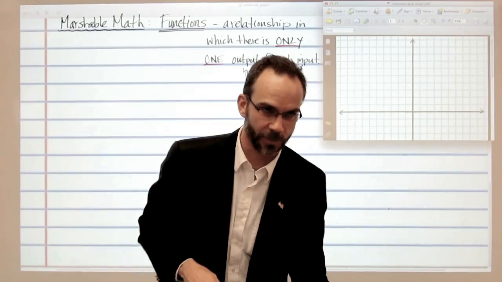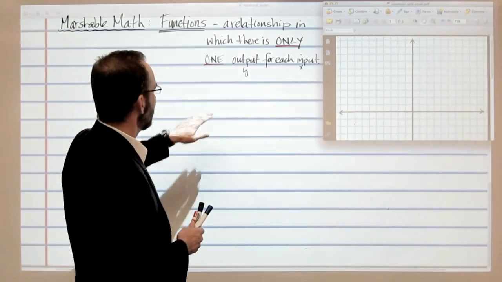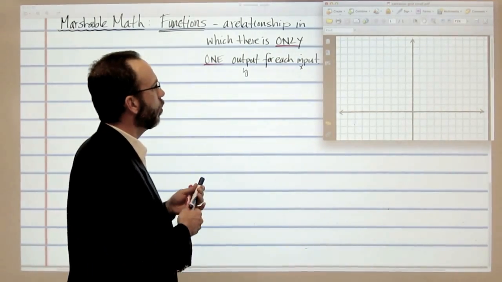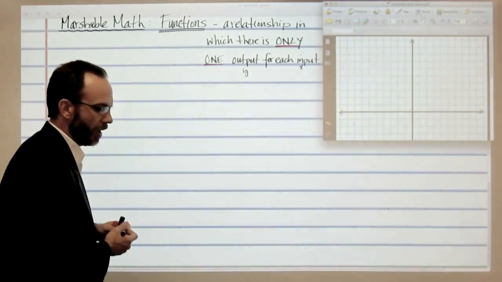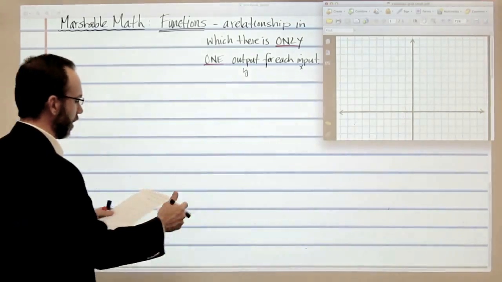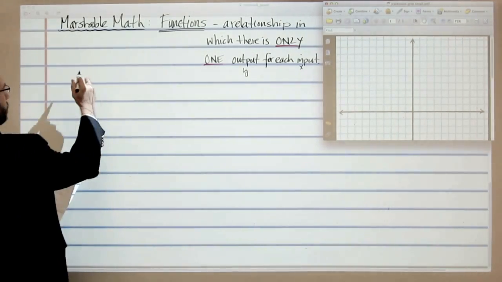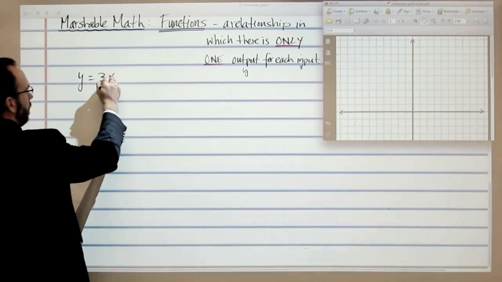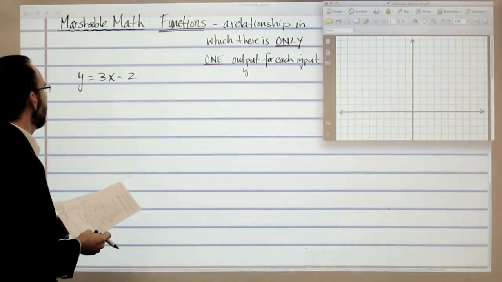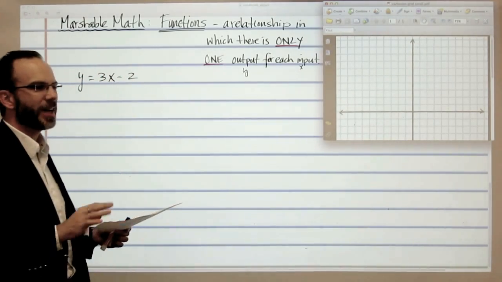So hopefully that helps. Now, one of the things that's interesting about functions is a new way of writing equations. That equation that we had in the very beginning, y is equal to 3x minus 2. There's a new way of writing this, and it's efficient. It's kind of confusing at first,